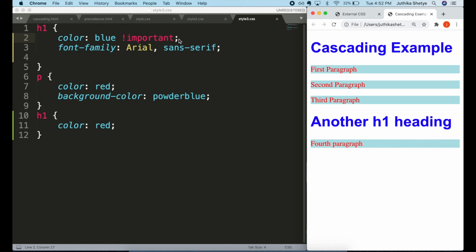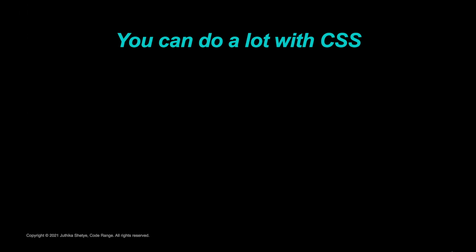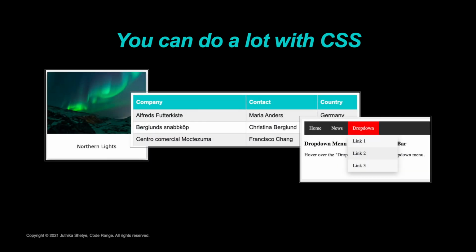So, yeah, that's what cascading means, a specified priority sequence to determine which style rule applies if more than one rule matches a particular element. We covered a lot of technical stuff today, which is very essential to start learning CSS. But this is just the beginning. There are so many things you can do with CSS, and I will be covering many interesting things in the upcoming tutorials. So come on with me and let's create something together.